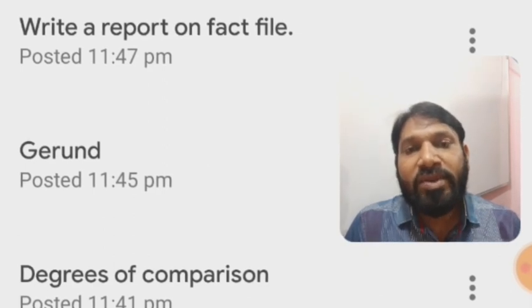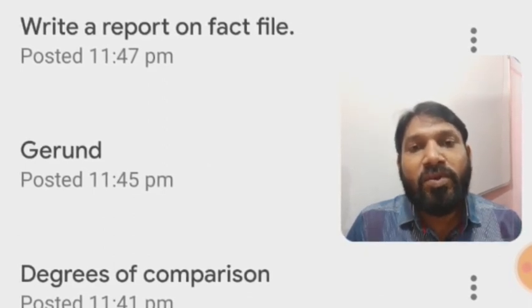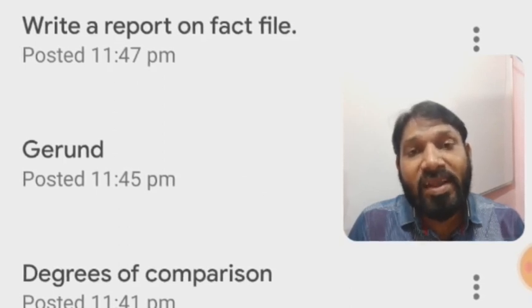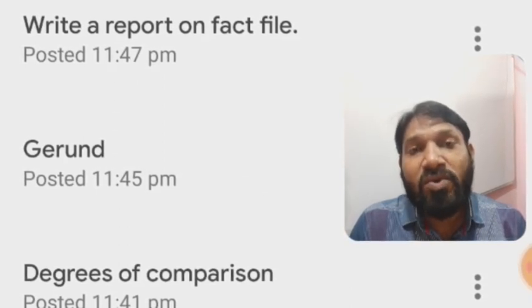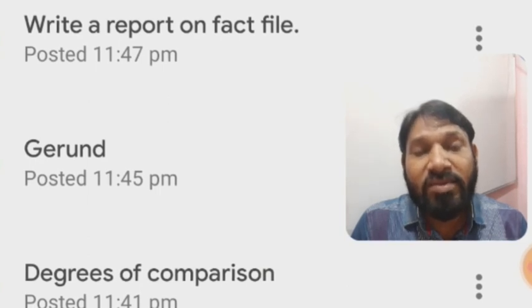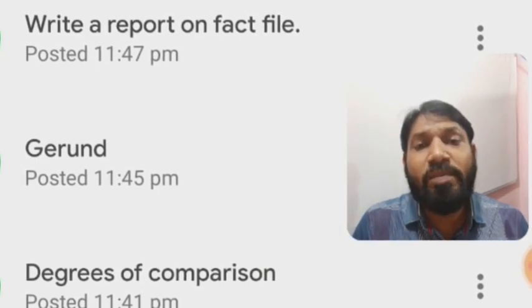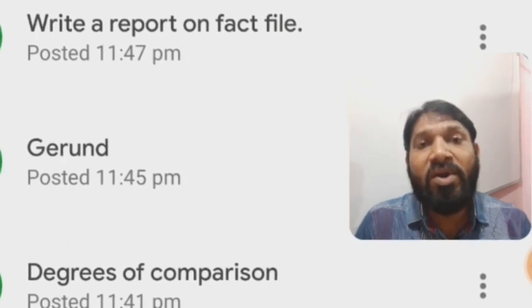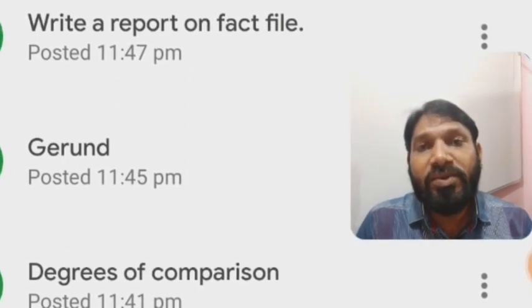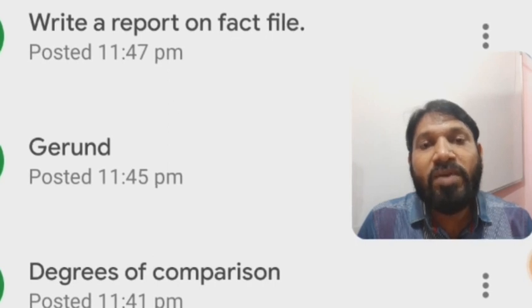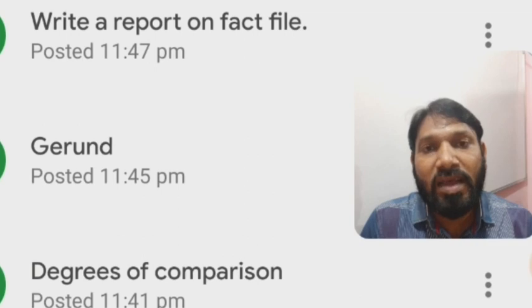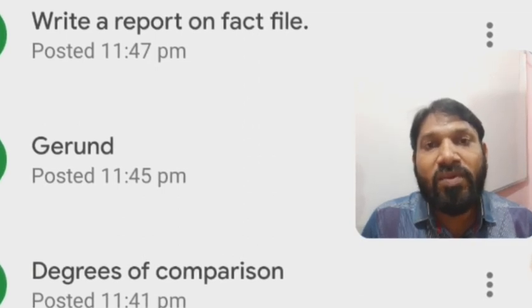More and more interactive, more and more interesting you can make this class, so that the student can feel an actual class here. For that purpose, you have to make a lot of activities here, so that the student should not feel bored, because most of the time we see that if you are learning online, we feel bored. It should not happen. So we have to give a lot of activities, so the student will be active on the Google Classroom.